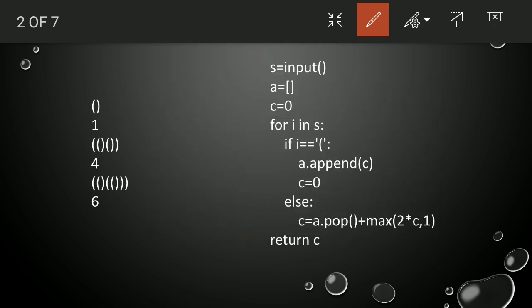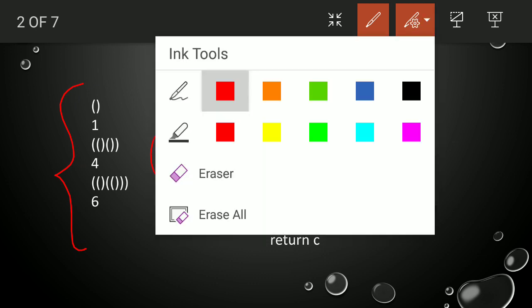And difficult as well. So now we are considering the i in s. There are also conditions in this question: only parentheses are given, and there is always a balanced parenthesis. So these two are the conditions.